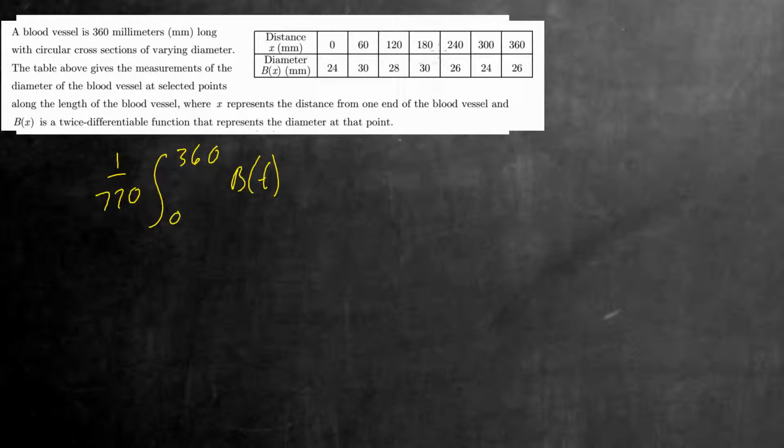Now if you were to graph this, 0 to 360 divided by 3 goes by 120. So here is one subinterval with a midpoint of 60. Then from 120 to 240 would be another one with a midpoint of 180, and then 240 to 360 with a midpoint of 300. So 1 over 720